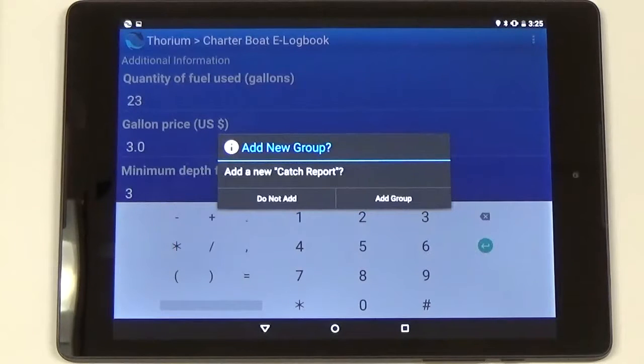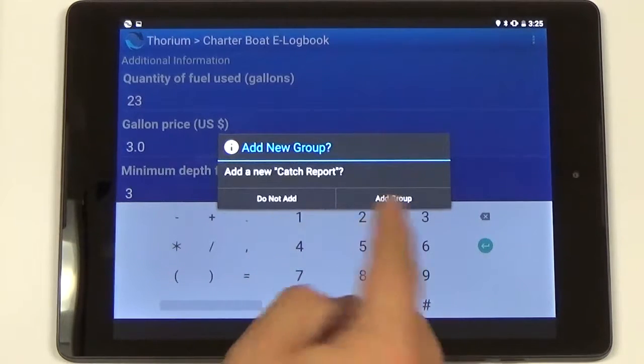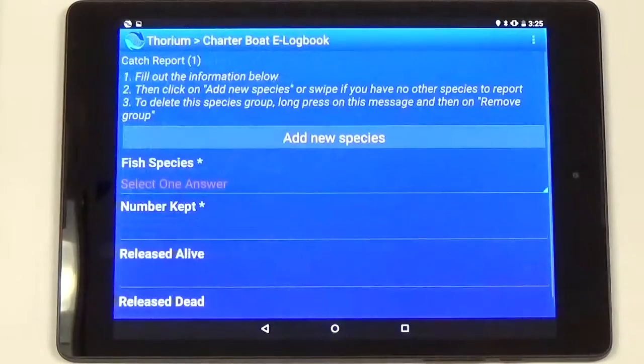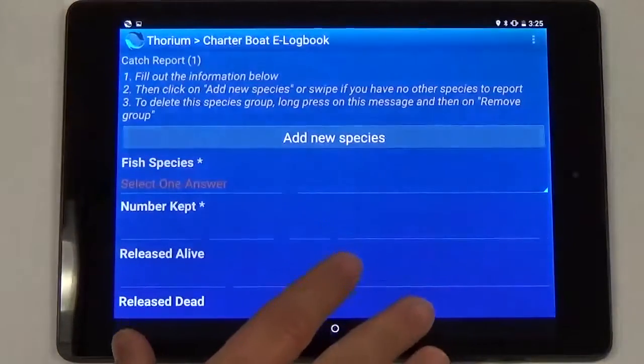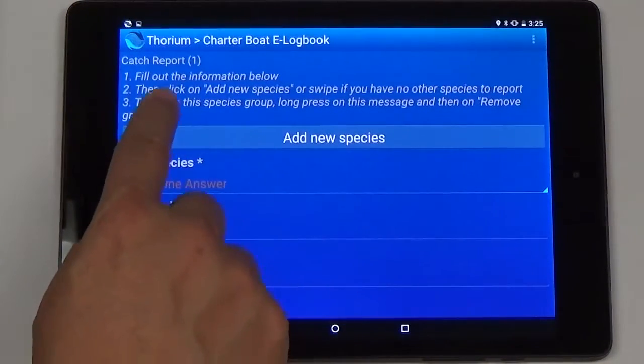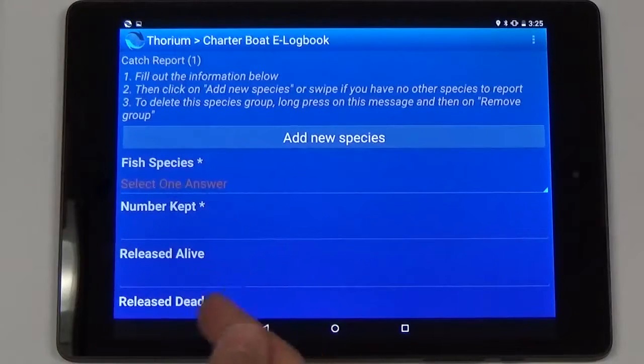As we swipe right, the system will ask, do we want to add a new catch report? The answer, of course, is add group, which is what we're interested in doing here. So what we have here is the dialog to add a species to our catch report. What's interesting to note, you can add as many of these as you need to. If you have various species that were caught, you can do this dialog over and over again, and we'll